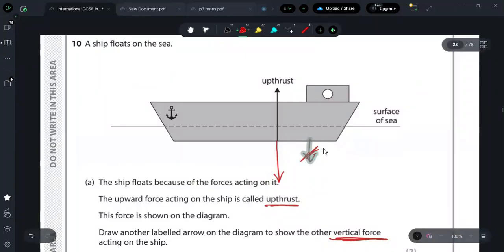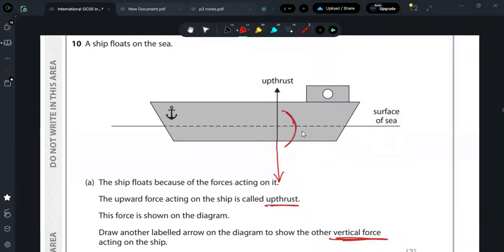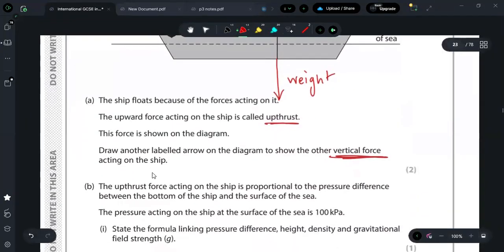Now that can't happen here; we have a balanced ship on the surface. Now to show it is balanced, what do I need to do? I have to keep the magnitude of both the same, and the magnitudes are usually the same. How do I show the magnitude is the same? The size of my arrow will be the same. Now you do not need to use a scale to do that. You just show it with your own eye judgment, that the two arrows are similar in length, and this is weight. You have to label, of course. They said labeled arrow.